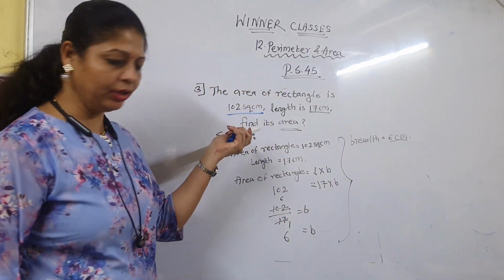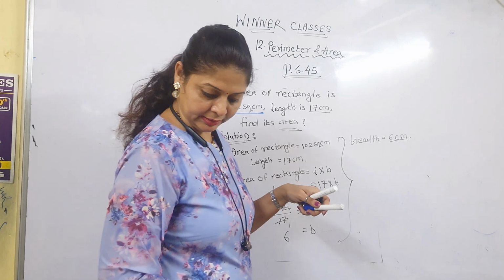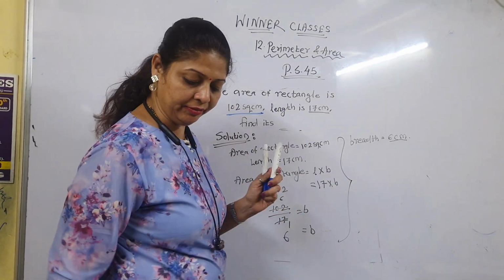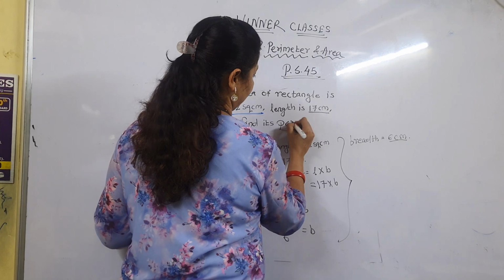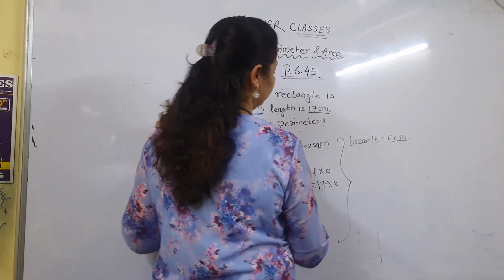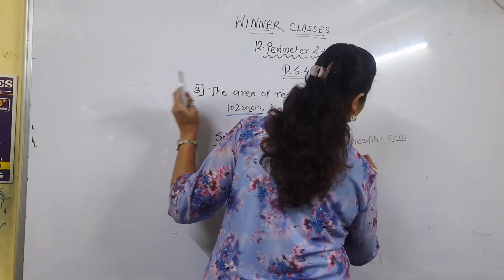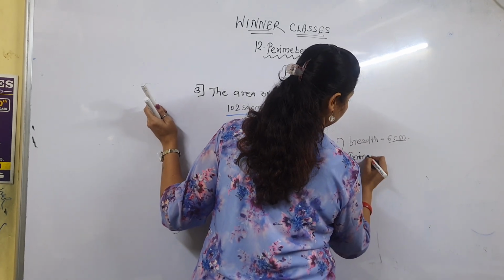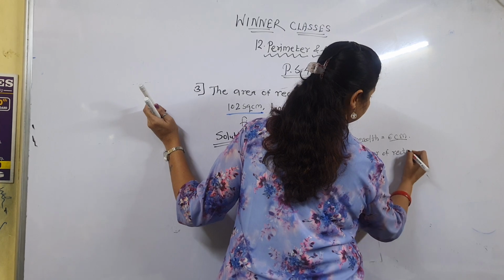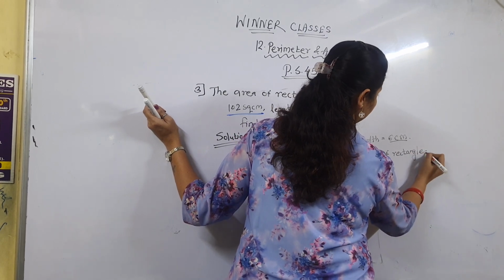Now we have to find out the perimeter. Area is already given. Sorry children, the question I am writing there is perimeter. Okay, so now perimeter of rectangle is equal to